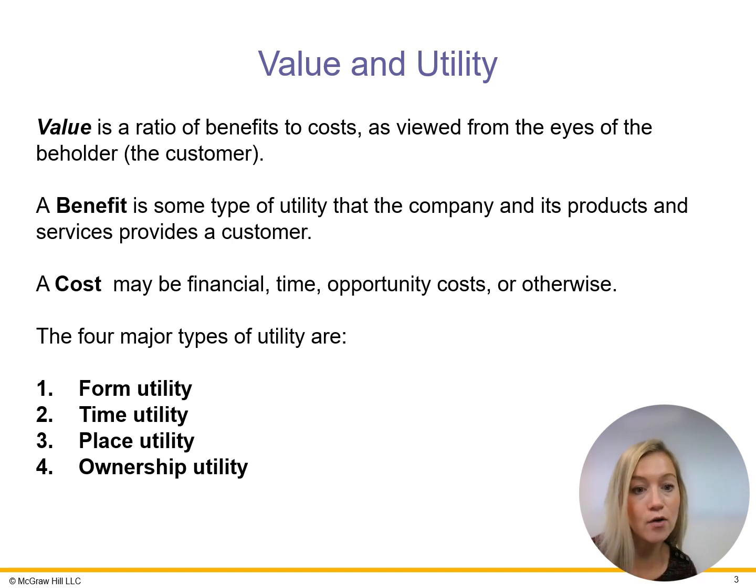And then the ownership utility. This is when we would offer consumers a variety of financing options that would make the smartphone more affordable. So this would allow consumers to purchase the smartphone and transfer the ownership of the smartphone to themselves. With these four types of value, marketing managers can develop marketing strategies that create and deliver this value to the customers. This can then help businesses increase sales, profits, and loyalty.